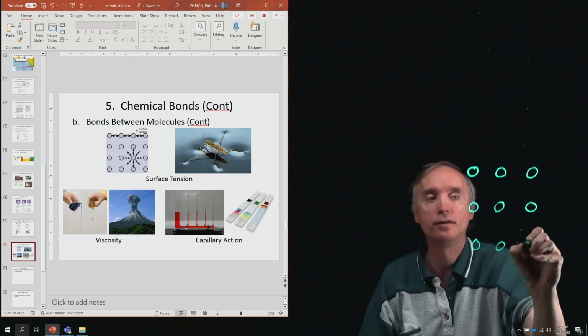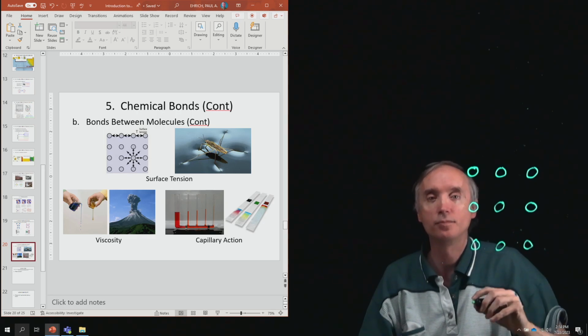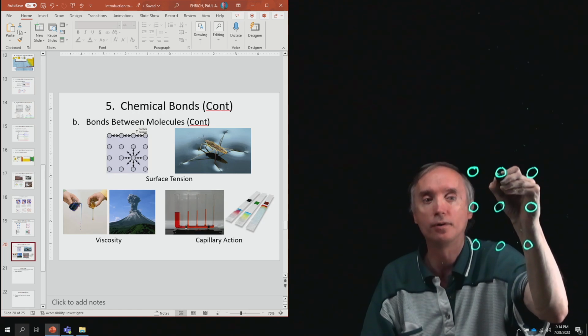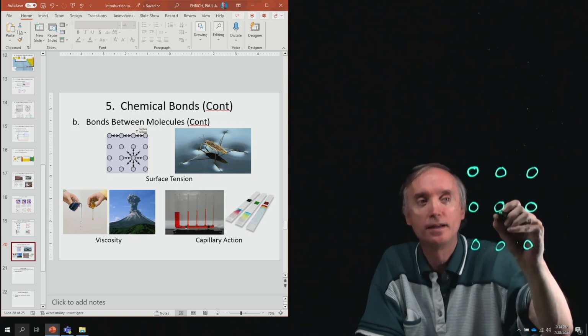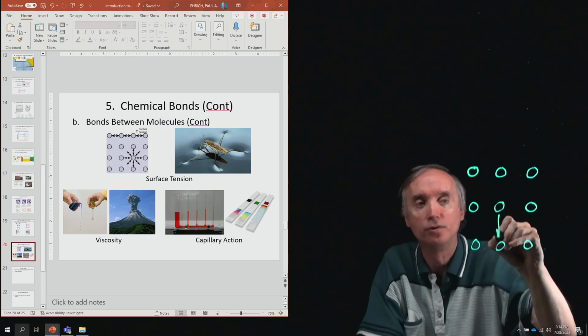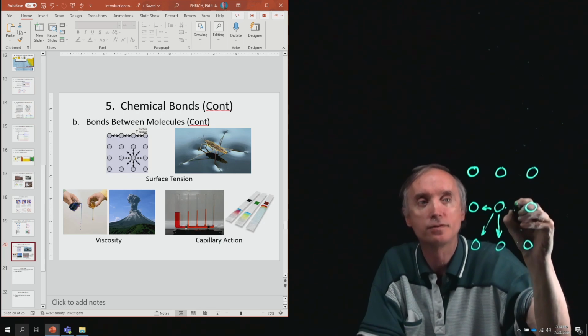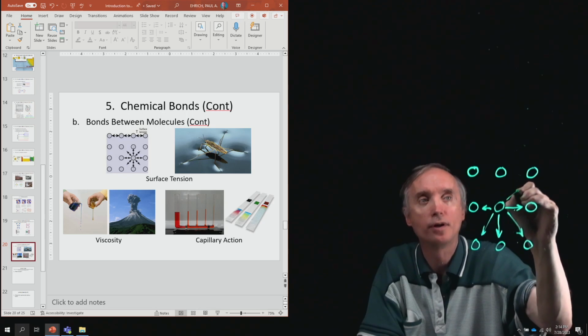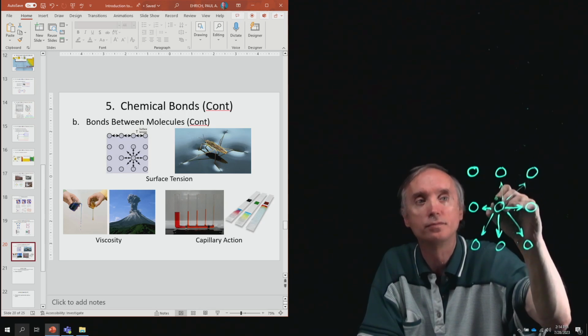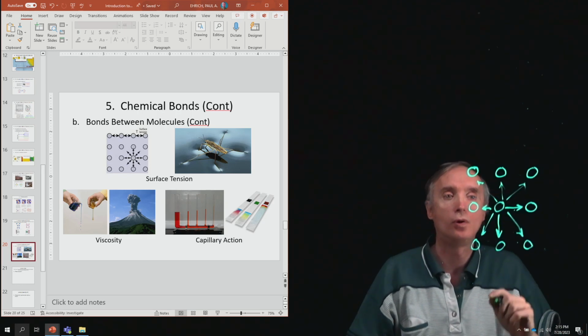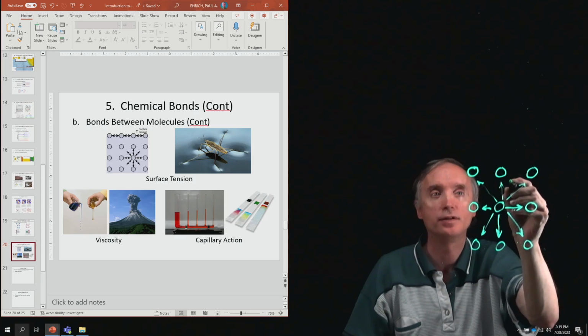So I'll put 9 of them here. And then let's compare this water molecule here with this water molecule up here. This water molecule is being pulled in all of these different kinds of directions. So it's being pulled by all of the neighboring water molecules around it. Okay? But the one that is above it is only being pulled